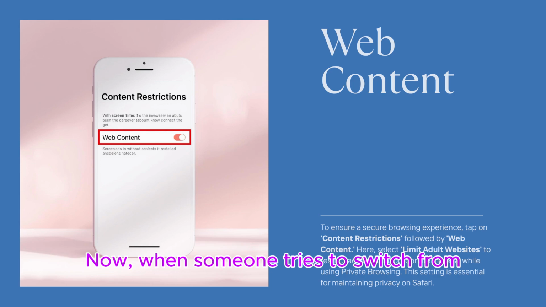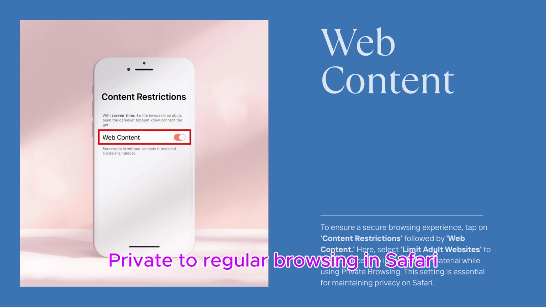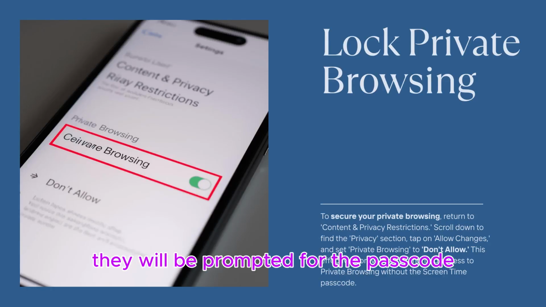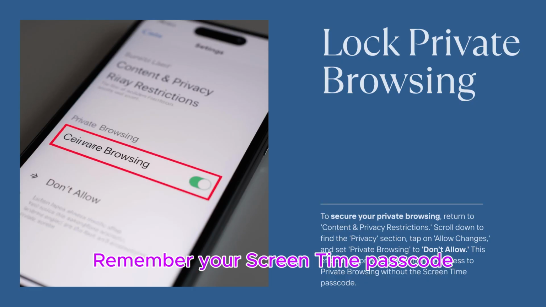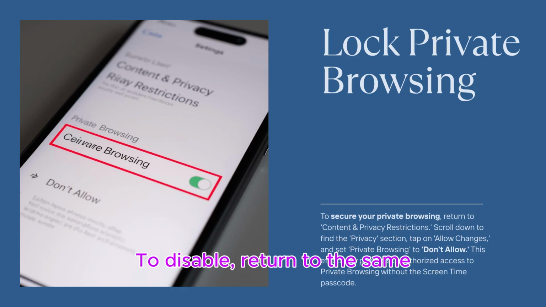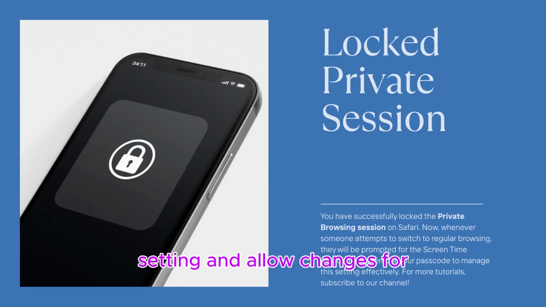Now, when someone tries to switch from private to regular browsing in Safari, they will be prompted for the passcode. This effectively locks the private session. Remember your screen time passcode to disable. Return to the same setting and allow changes for